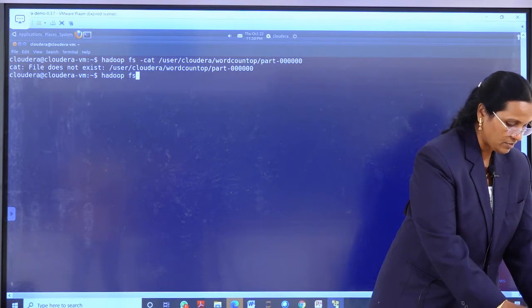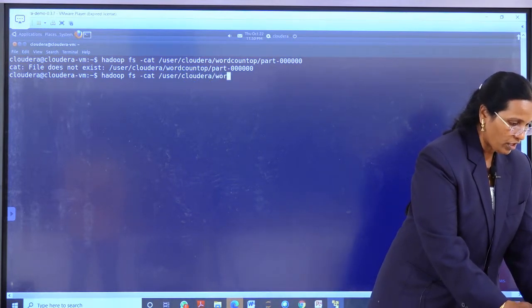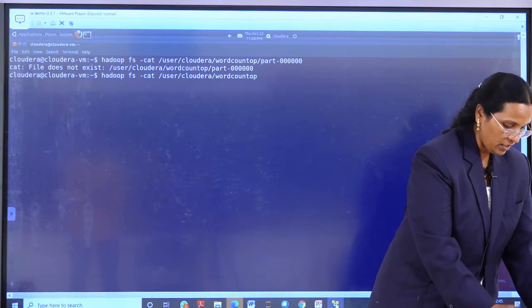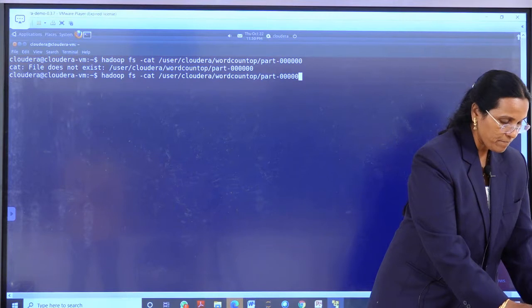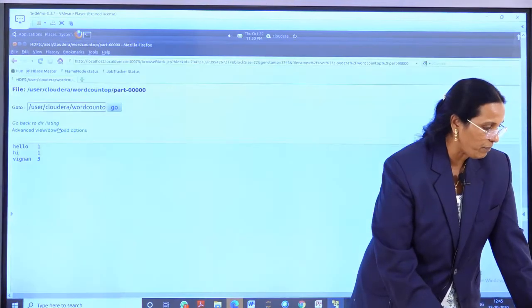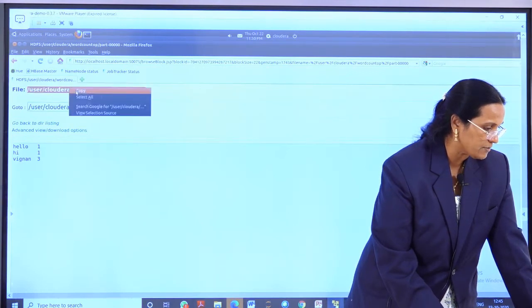Hadoop fs minus cat root user Cloudera word count OP part hyphen. Or you can just copy the path, otherwise it will be very simple for us, so that we will not make any mistakes.